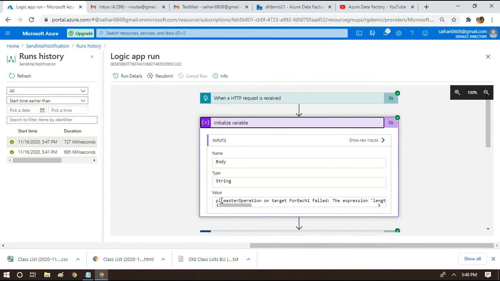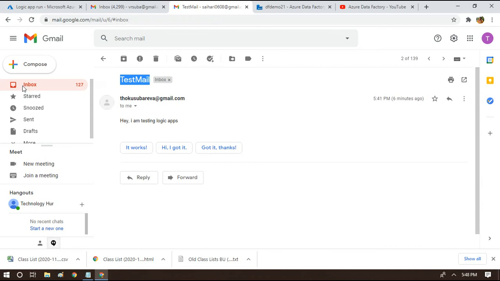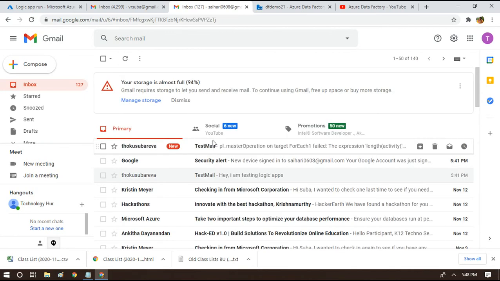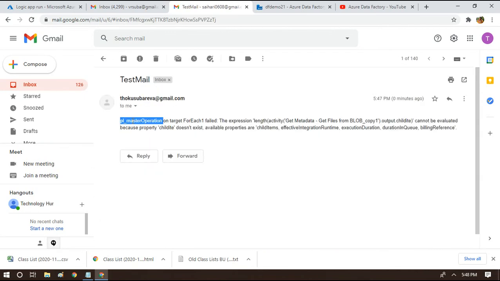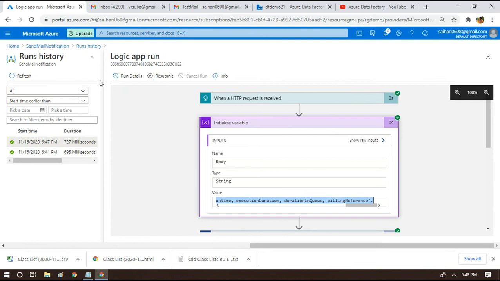So see here, PL underscore master, this is the pipeline name, followed by the error message. This is the value that has come in the HTTP request. Okay, so let's see the email now. See here, PL master followed by the error. So if you want to make it a little bit better, a little bit more readable,